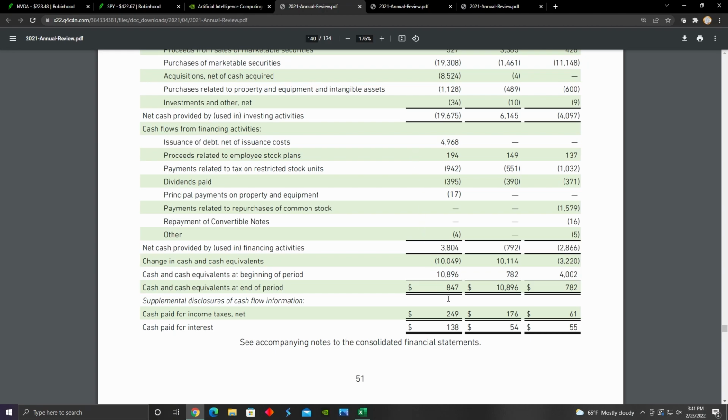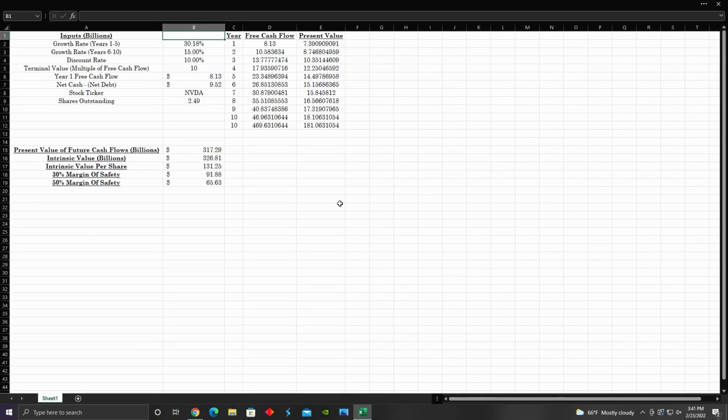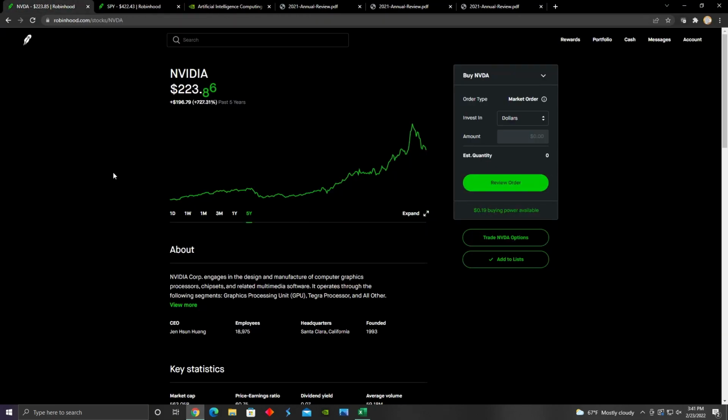And so because of that, the cash on their balance sheet at the end of the year decreased from about $10 billion to about $840 million. And so if I were to look at a discounted cash flow model, which I've already gone ahead and done, we can see based on these different growth rates, which I got from Yahoo Finance, as well as the year one free cash flow and the net cash minus the net debt that I calculated from looking at their balance sheet, we can see that the intrinsic value per share based on these growth rates is expected to be about $131 per share, which compared to their current share price would put Nvidia at a bit of an overvaluation at